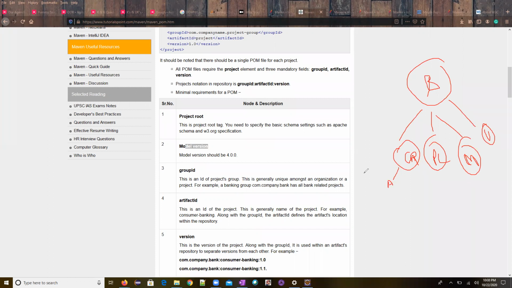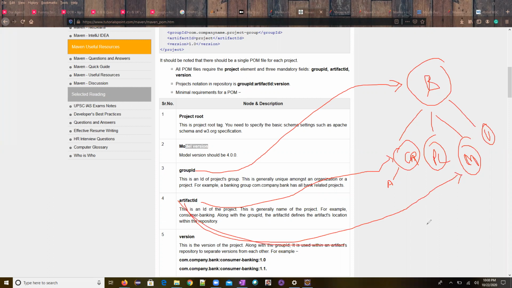Under the group ID, I'll keep this as banking. And in the artifact ID, I'll keep credit, or mortgage, or loan, or profit and loss. Got it, right? So it is a pair, a group of projects.